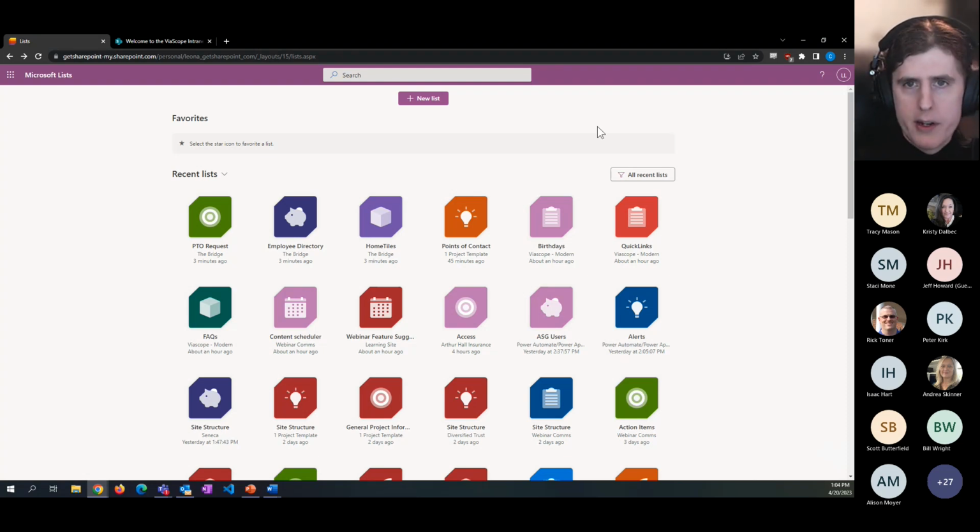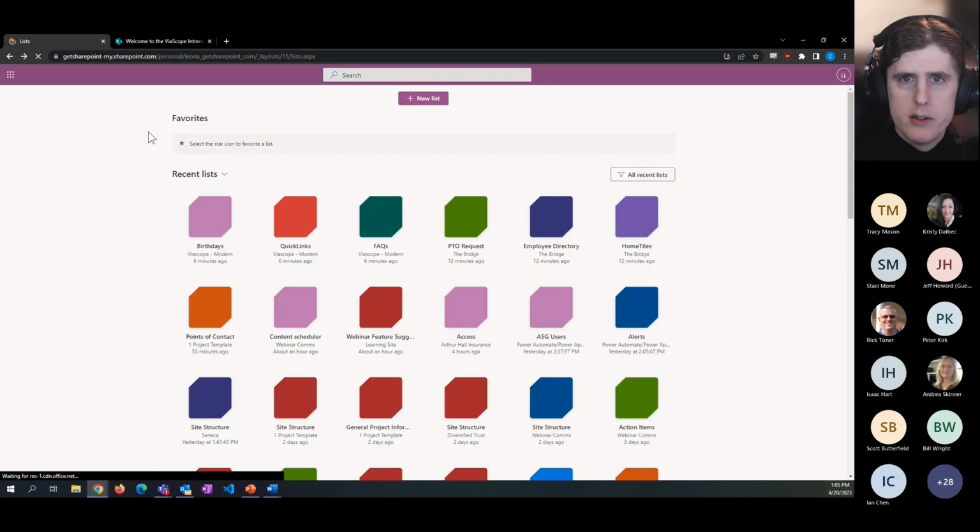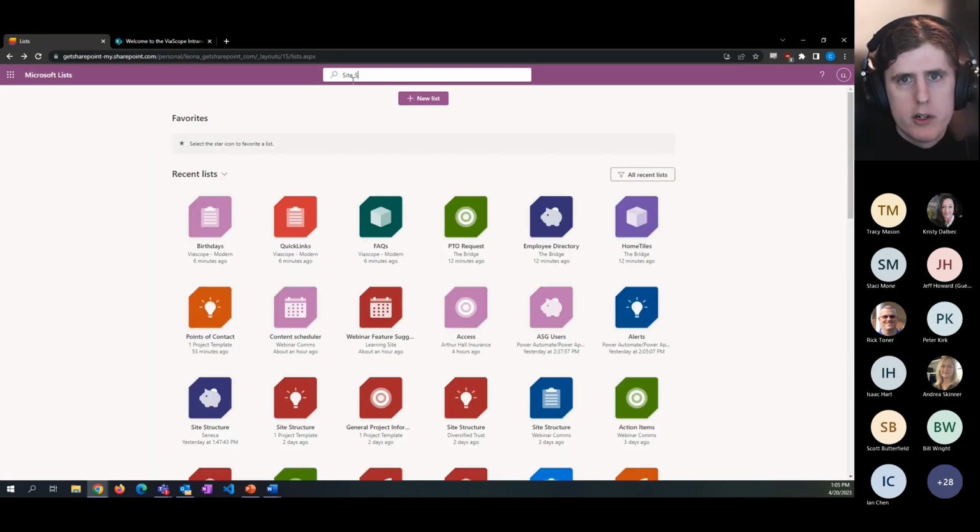Let's say, as an example, I care a lot about site structure as a list type. I could type into here, and let's see if it will search for me. Maybe it won't search. Let's just do a refresh real fast. Site structure. For some reason, the search box isn't working, so this might be part of Microsoft's downtime right this second. But in essence, just to walk through it with you,